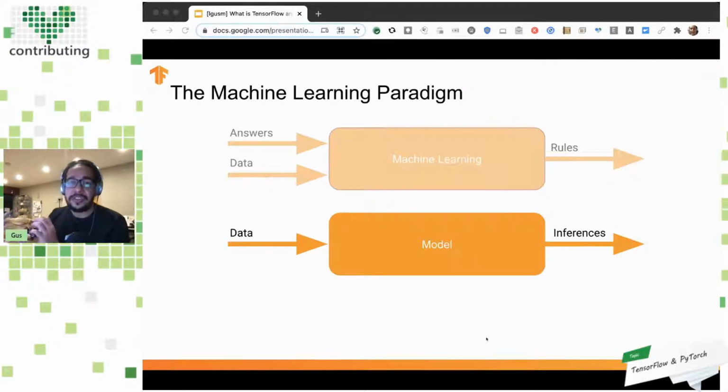So we need to understand these two steps because it helps you understand where you can deploy your model and what's happening in your deployment environment. So you have training, where you create a model, and you have inference, where you use your model. Those are the basic concepts about machine learning. I'm not going to go into details on the math behind how it works. It takes a while, and I guess we don't have that much time.